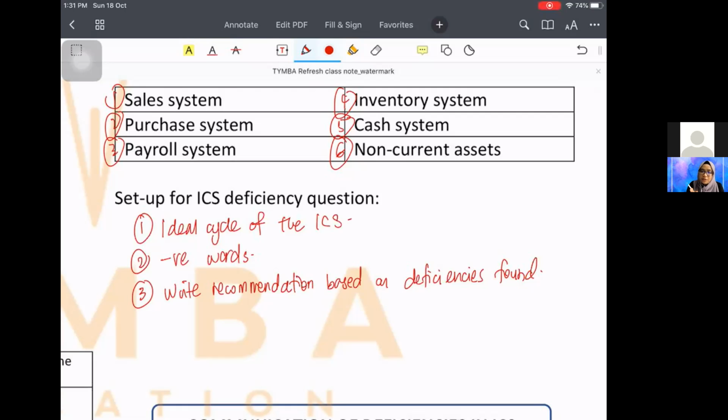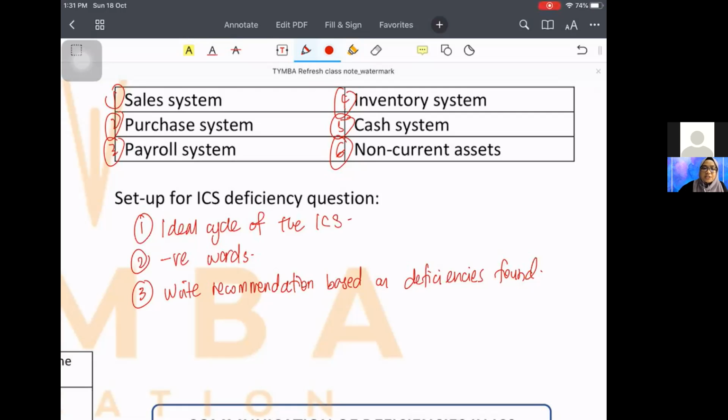So your response must be based on your audit risk. Your recommendation must also be based on your deficiencies found. It cannot be a completely different thing. If you are talking about overtime, your recommendation should focus on the overtime work. If you are talking about segregation of duties, have the words segregation of duties in your answer, okay, to obtain marks. If you are talking about no authorization and no review of overtime payment, then you mention in your